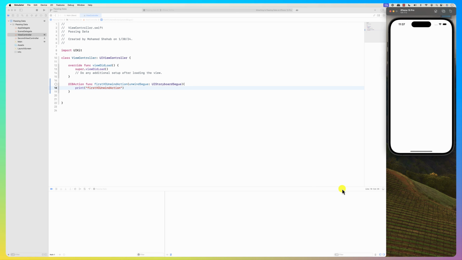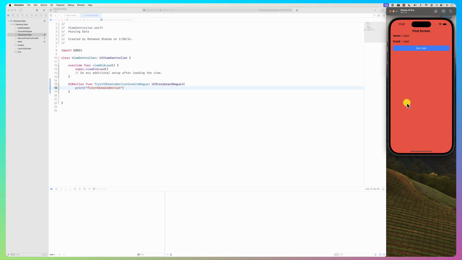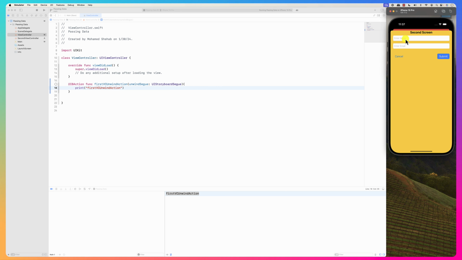Open up this a little bit. All right, we click here, we are here. Click cancel, and we go back. Click here, click submit, and see here it says first unwind action. Perfect. So it is triggering something back. Okay. But what I want to do is basically for the user to enter the name and email, and